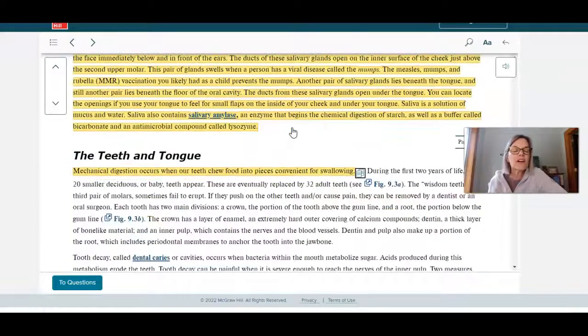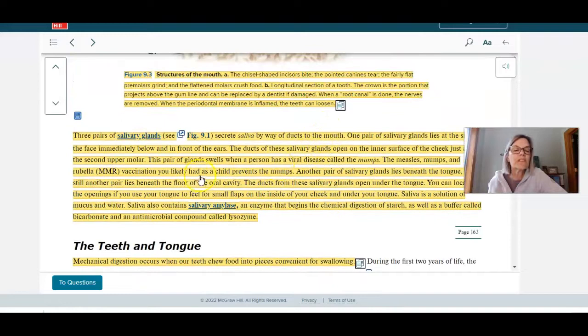I didn't talk much about teeth just because we don't have time, but I talked a little bit about the salivary glands, and we looked at them in the previous video. They talk a little bit about mumps here, when you get enlargement of the salivary glands. I am old enough to have gotten mumps when I was a little kid. I remember missing like 2 weeks of school, and that was before we got the MMR shots. So most of you have probably never experienced mumps because of that. But that's an enlargement of the salivary glands, and